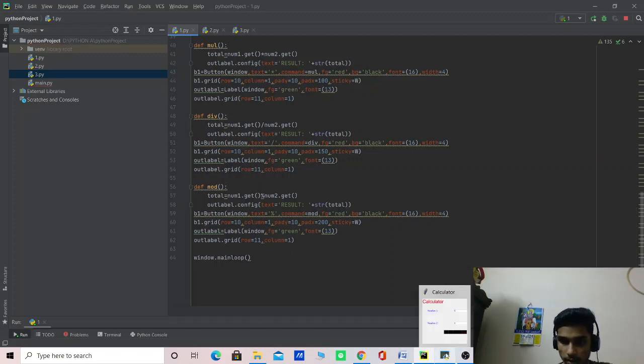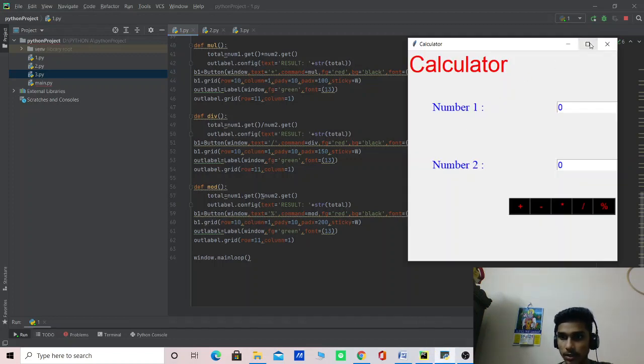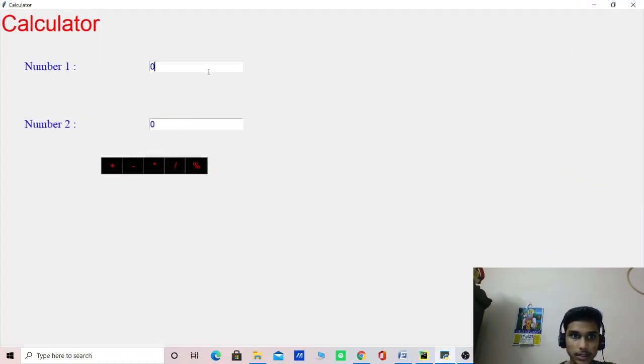If we run this, we will get this. I'm giving 100 as number 1 and 100 as number 2. When we plus, it gives 200 as the result. If I change this to 20 and minus it, it gives 80. If I give 500 and multiply, it gives the correct answer.